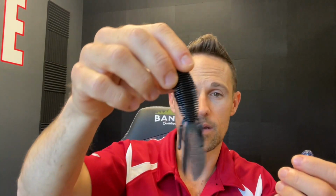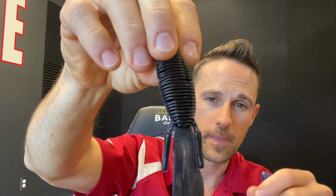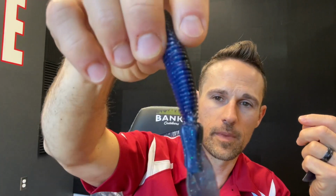And the regular bruiser, I think, works really well in clearer water, and it works well in dirty water under really calm, slick conditions when the bite gets really tough. I really like going to that bruiser when the bite gets really tough, and I just want to be a little more sneaky, a little more subtle. I like that when the bite's a little bit more aggressive,